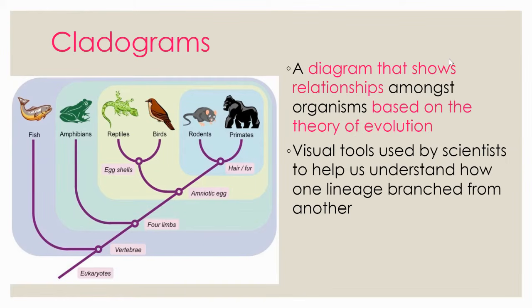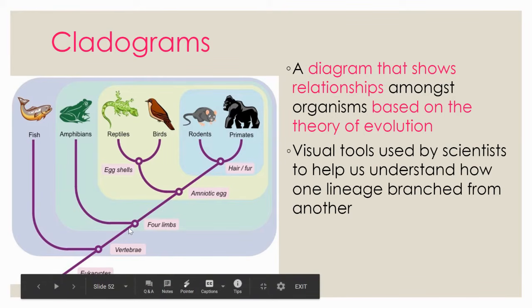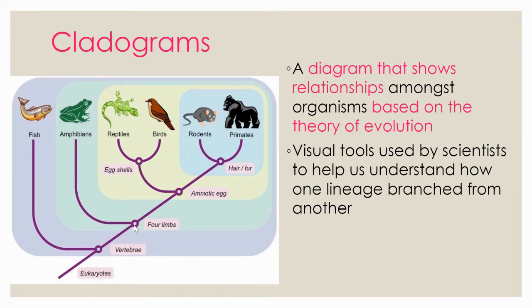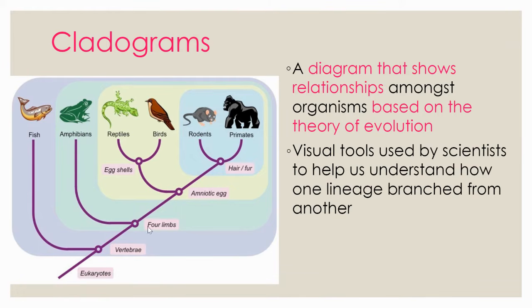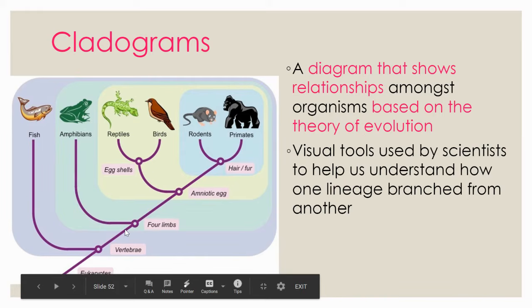Well, a cladogram is a diagram that shows the relationship between organisms based on the theory of evolution. So look at this cladogram. This is a diagram of different organisms in the tree of life, and this happens to be in the animal kingdom. And we have this fish here, and that's the simplest one in this cladogram. Then we can look and say, hey, after fish, we branch into a different branch of the tree of life where organisms have at least four limbs, and that includes the amphibians, and then going on reptiles, birds, rodents, and primates. So that kind of makes the rest of these organisms different from the fish.